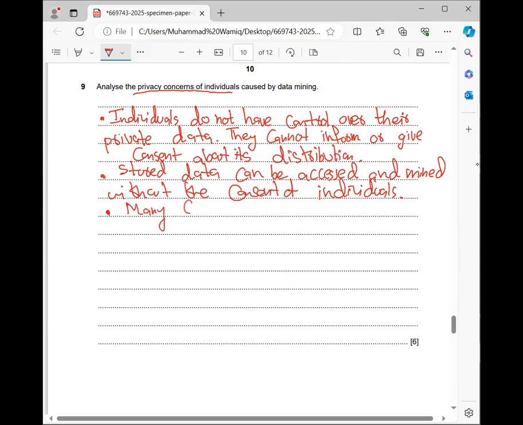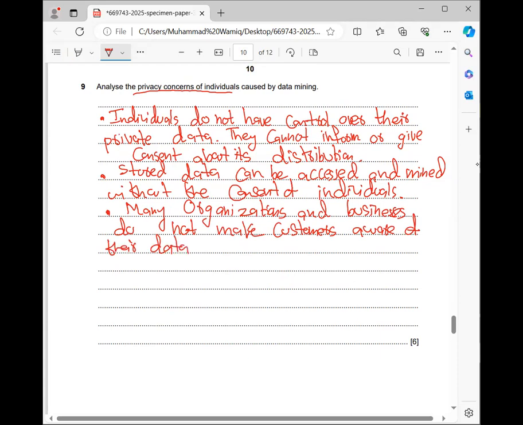And also that many organizations and businesses do not make customers aware of their data being used in data mining. I can also say this. So one, two, three, and